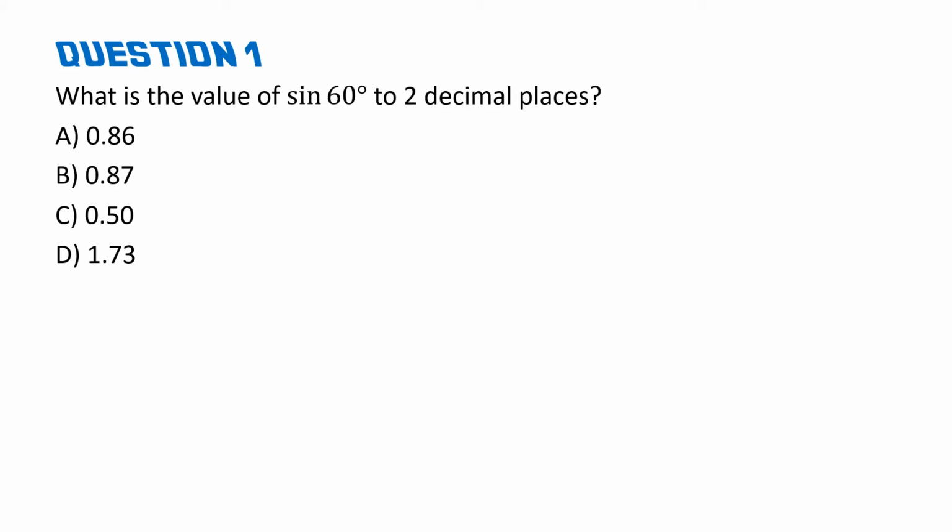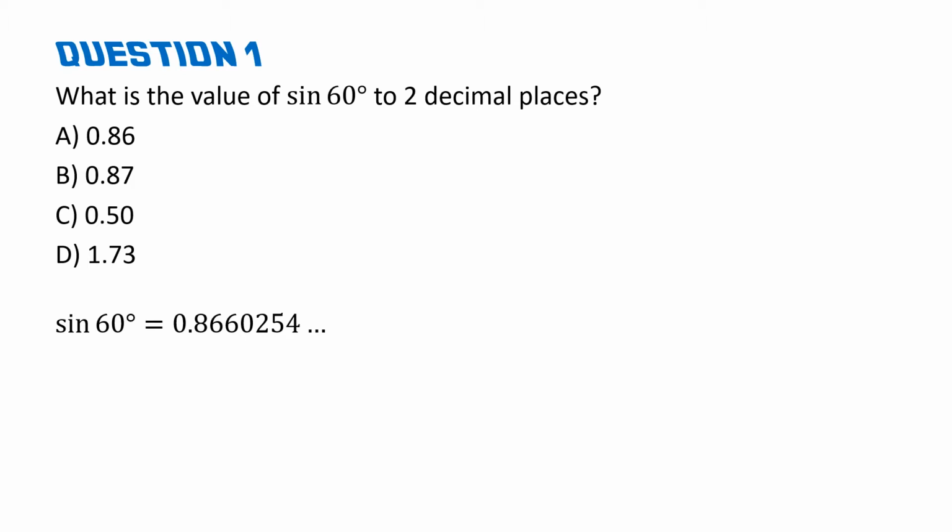So question 1. What is the value of the sine of 60 degrees to 2 decimal places? Right, this is a straightforward one, making sure your calculator obviously has the D at the top for degrees. You're typing in sine 60 equals, and it's going to come back as one of those. Well, sine of 60 comes back as